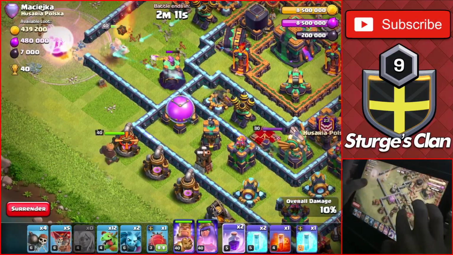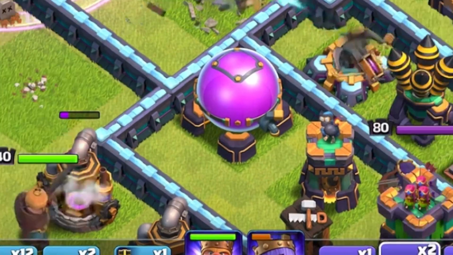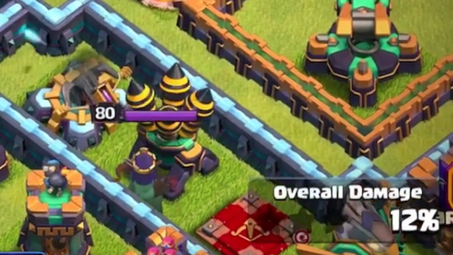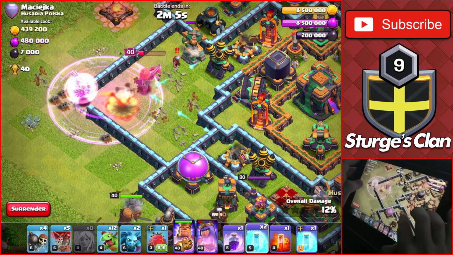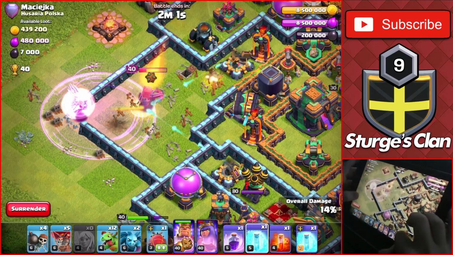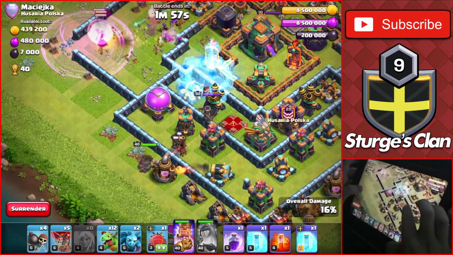I then drop the Barbarian King by the collectors at the bottom of the base so we can gain some more percentage to get closer to the 50%. Dropping a third rage spell on the Queen as she is taking massive amounts of damage from the defenses, and dropping a freeze spell on the Eagle Artillery and Inferno Tower, but it was a little too late as the Queen